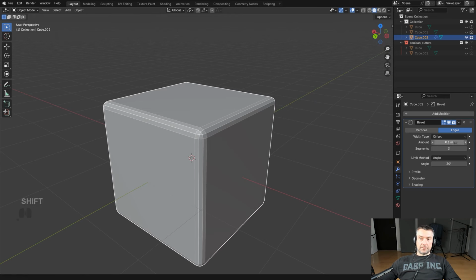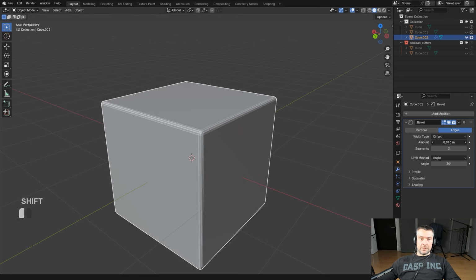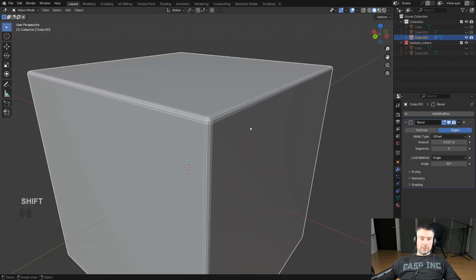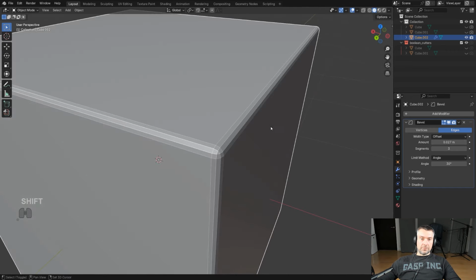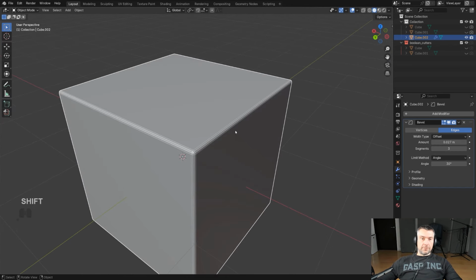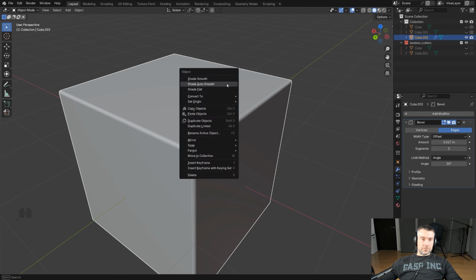But you can still see it's a bit too big, so I just dial it in a bit. You can hold shift to slow this movement down. But this bevel is still not smooth. It's kind of faceted. So at the moment, the mesh is shaded flat. What you want is to be shaded smooth. So you right click the mesh and you choose this. But instead of that, I'm going to click on this one, which will also add something that's called auto smooth